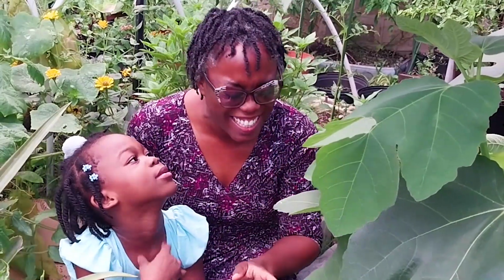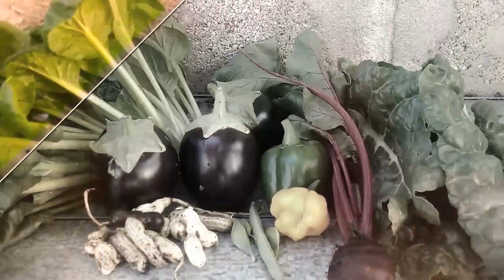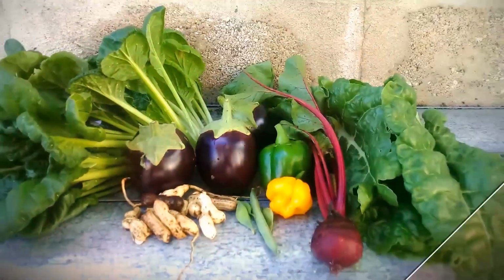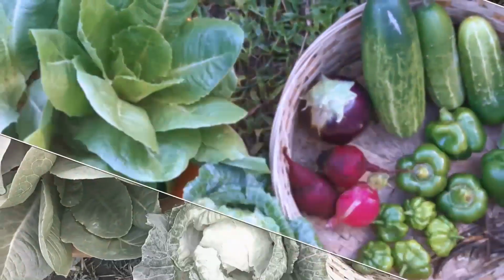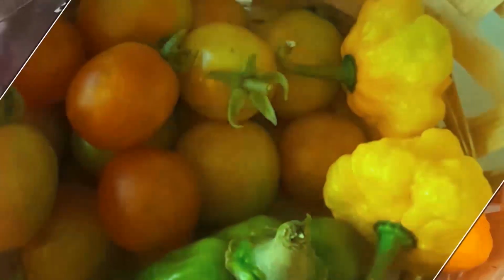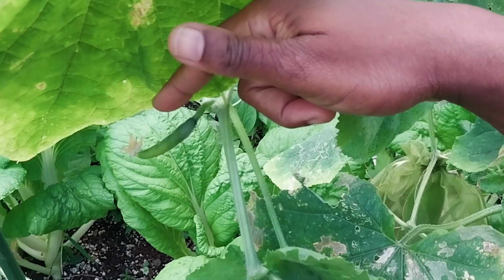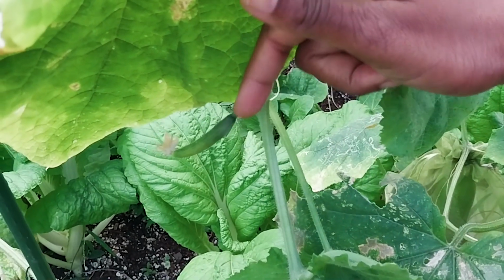And yes, they are available. Female flowers. So what do you mean by female flowers? So alright guys, as you take a look here, this is a female flower and there's a fruit behind